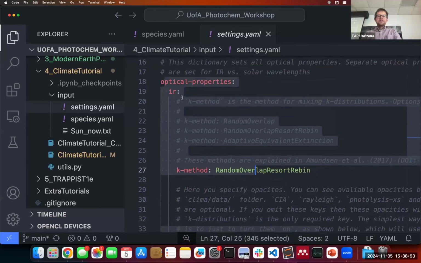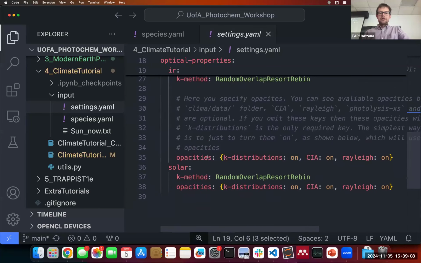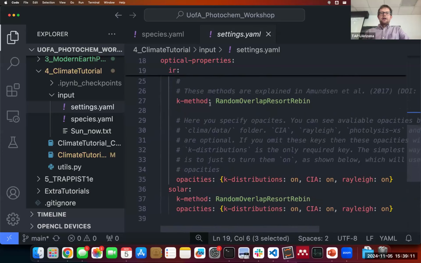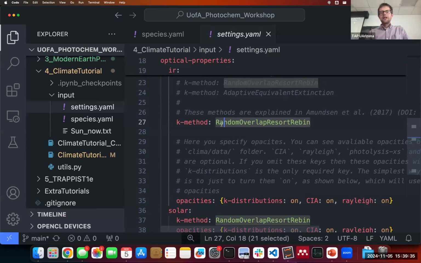And so you specify separate... for these climate calculations, there are two separate radiative transfer calculations that occur. There's an infrared calculation for infrared emission and solar radiative transfer for how much sunlight is being absorbed. And this uses, right, molecules absorb as a very complicated function of wavelength, and so people need to use approximations to that complicated absorption oftentimes. And a common method that people use is k-distributions, correlated k-distributions, and there's different ways of, this